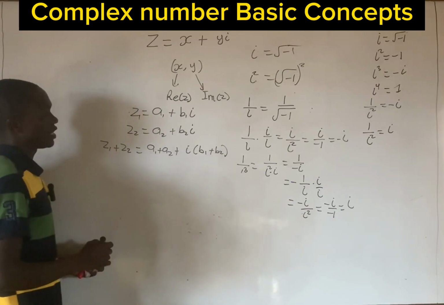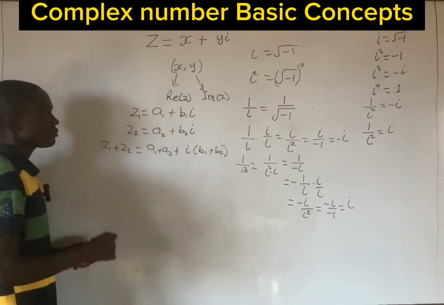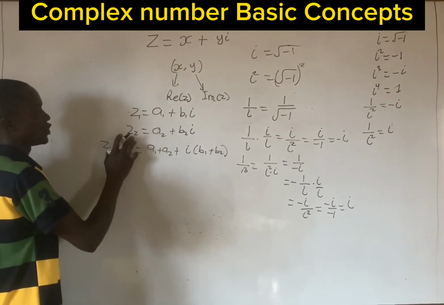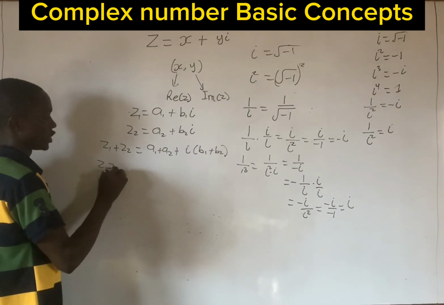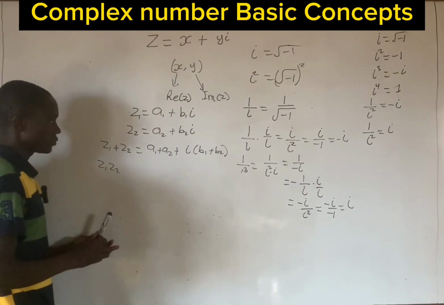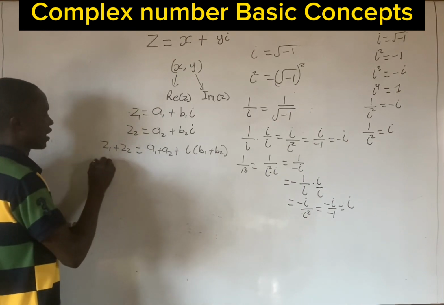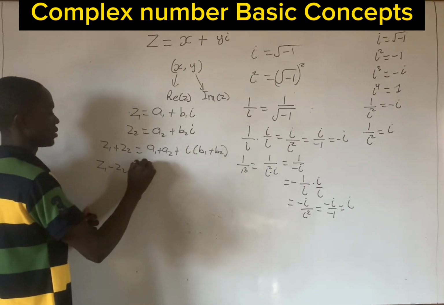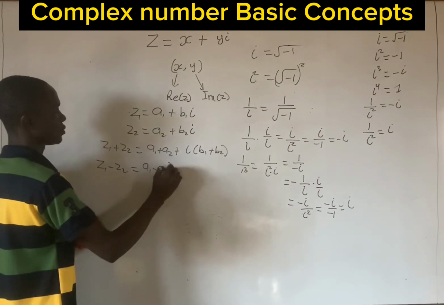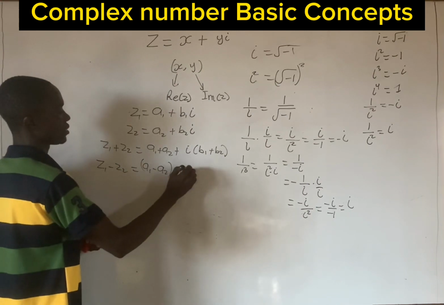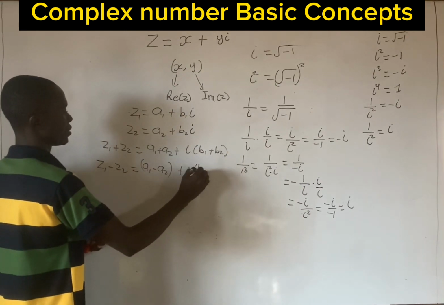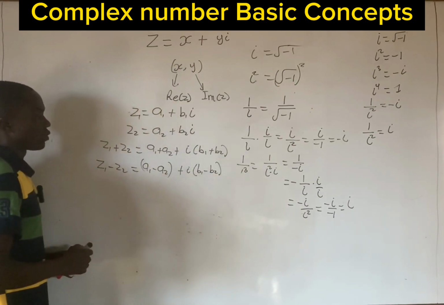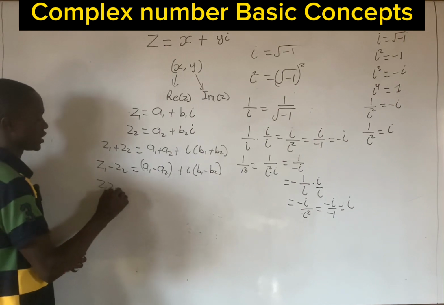Now, what about multiplication? Okay, let's do subtraction first. If I have z1 minus z2, then I subtract the real parts, a1 minus a2 as the real part, plus i times b1 minus b2 as the imaginary part. Now, the multiplication z1 times z2 is